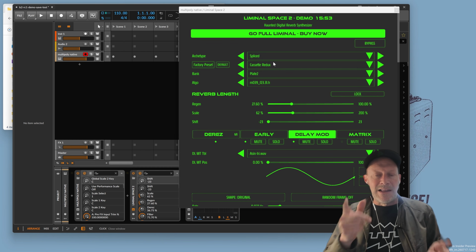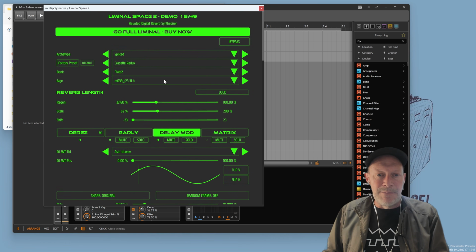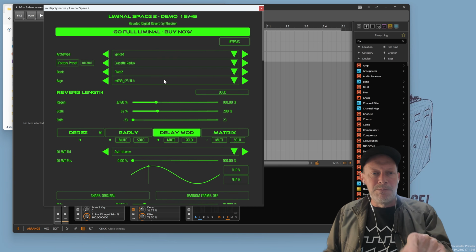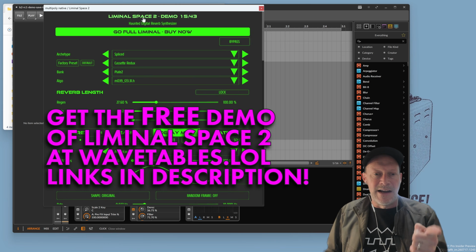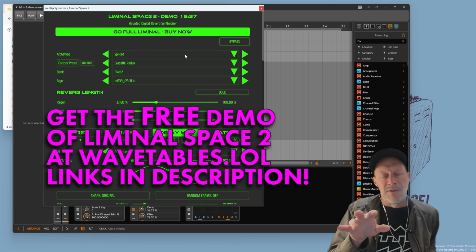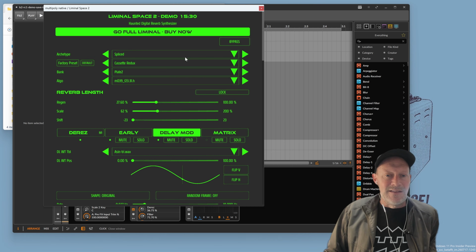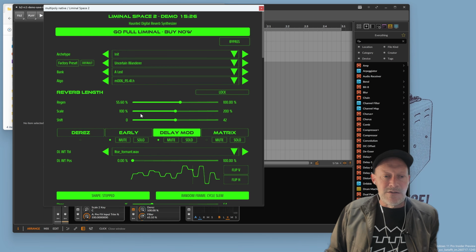The cool thing about Liminal Space 2, if you are a Windows CLAP or VST3 user, you can play along at home because there's now a demo version. You'll see I am running the demo version. I'm taking a page out of the Audio Damage playbook here, and the demo version of Liminal Space runs for 20 minutes at a time. It's just save disabled, but it's fully functional. So it comes with all the factory presets,